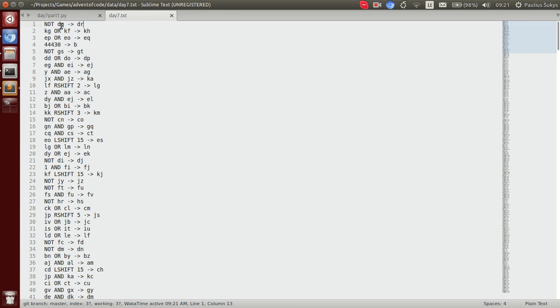Each line consists of instructions. For example, the first line is NOT, which is a bitwise complement operation for some variable. At the moment of the first line, it's not known what kind of value DQ has, but when all of these instructions are read, they have to be resolved to understand. For example, somewhere there's an instruction